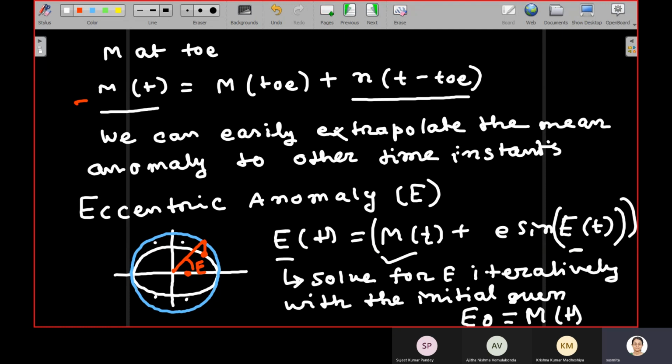Because we know that to find the range or determine the user position, we need satellite position. The range is a function of satellite position. So we need to know satellite position to find the user position, right? And this is how we can find the satellite position using the orbital parameters.